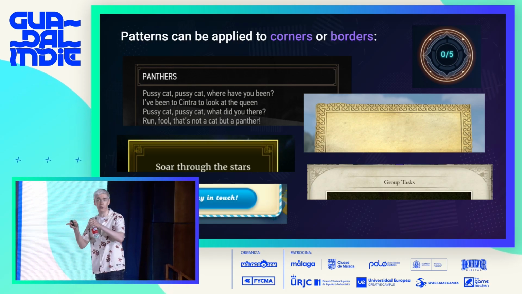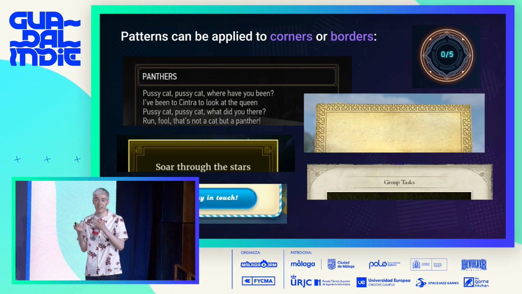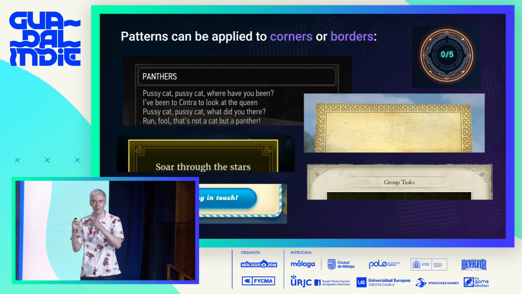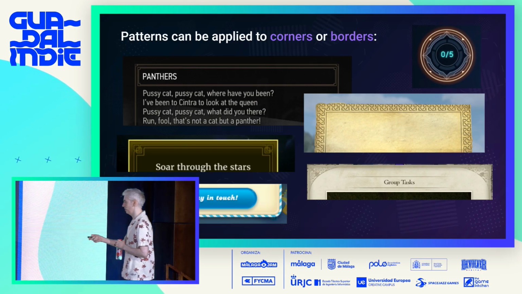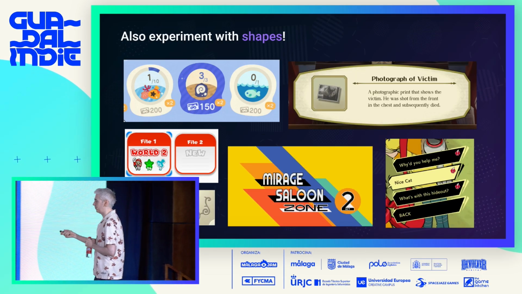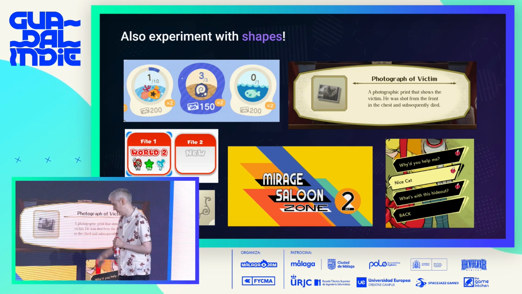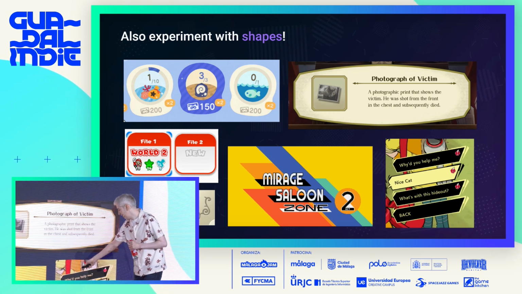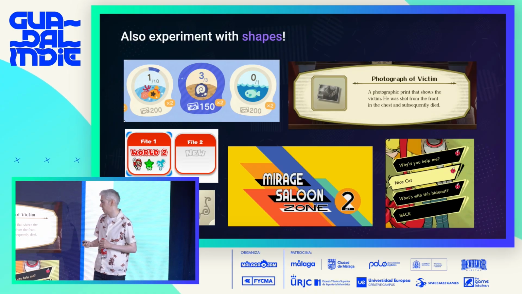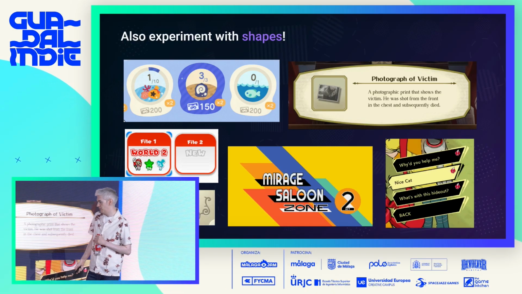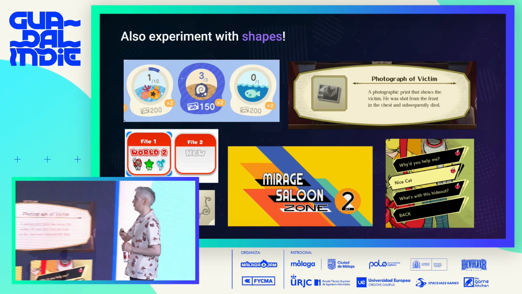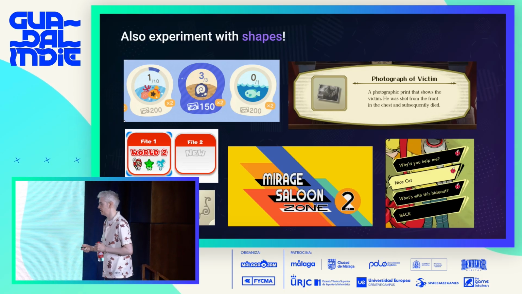If you've got a panel or something like that, just a box, it's a gift for any designer because it's like, oh, what can we do with this panel? It's really, really cool. You can also experiment with shapes as well. So if you want to make that panel all wobbly or whatever, that's something you can do. You can make it sort of wonky and skewed, and that's really good for comic books and that kind of thing. So there are all different ways that you can experiment with shapes and patterns and things to really build